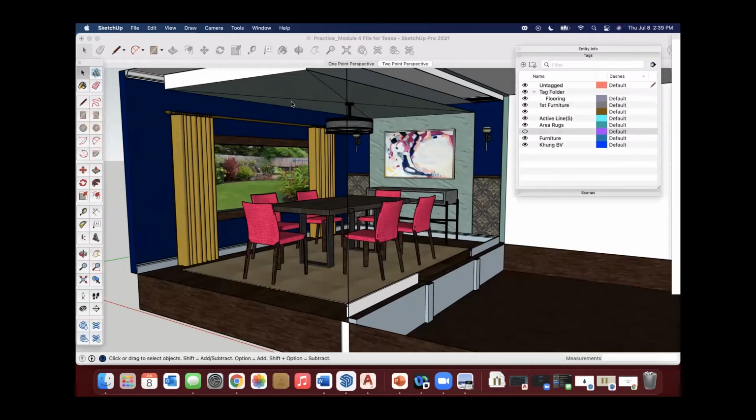So this is just a little practice model of the dining room that I was using when I was playing with getting the fixtures and things in. I had practiced putting in an exterior image outside the window, as well as window treatments. So in this video, that's what we're going to focus on: making sure we have some depth outside of our windows.